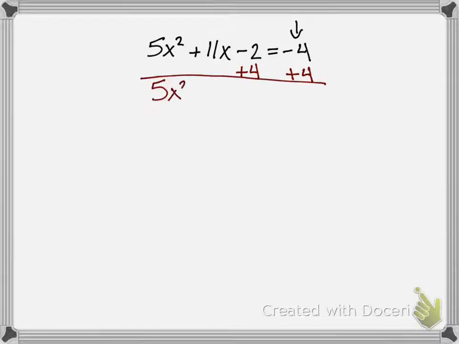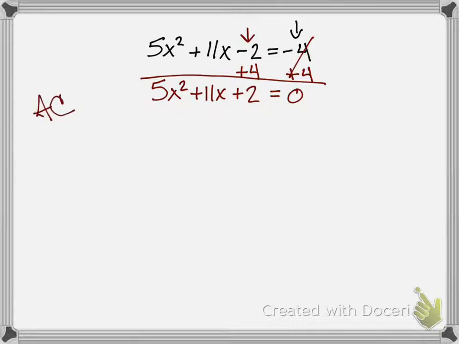So I'm going to bring down the two terms I didn't use. When I combine right here, we get a positive 2. And then those negative 4 and positive 4s cancel, and we have a 0. So now I have all my terms on one side. It's set equal to 0, so it is in standard form. So now I can go on to step 2, which was factor. If I look, I have 1, 2, 3 terms. So that means I'm going to do my AC method